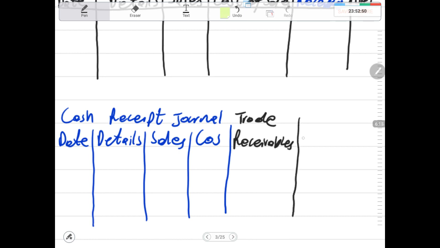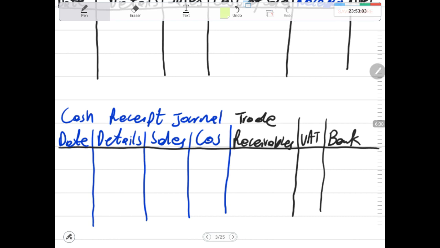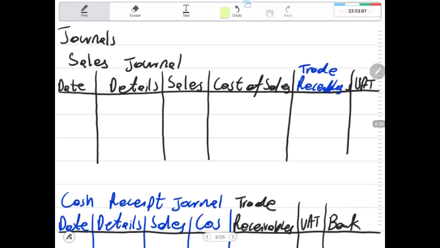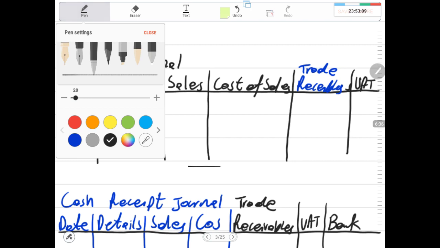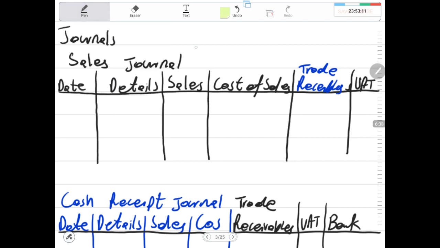Then there will be another column called VAT, which is also VAT output. But the other very important column, though not for this question, is the column called bank. It is important because it makes the difference between the two. Now, very important when it comes to these two journals is to understand that in this journal we record only